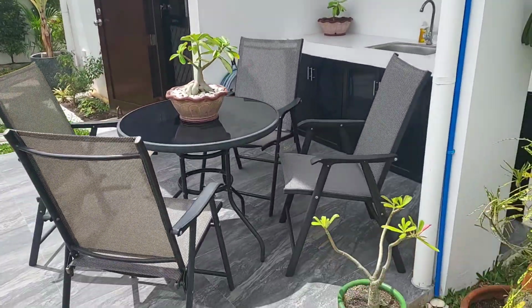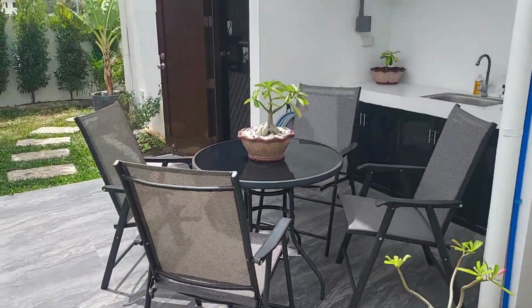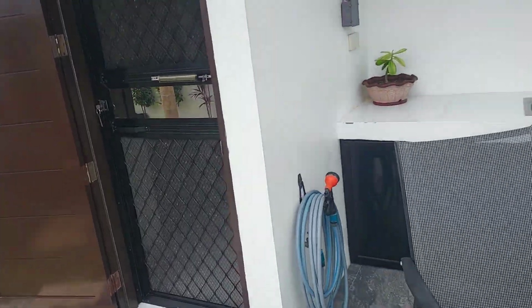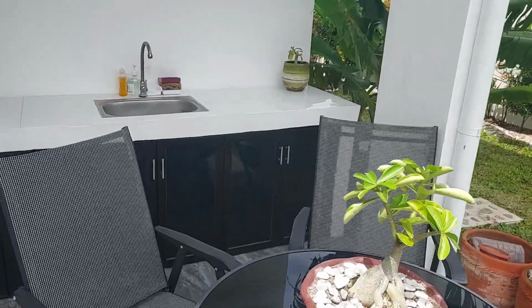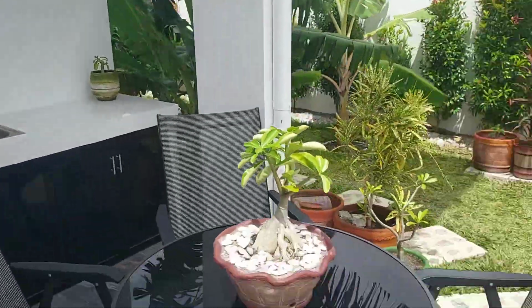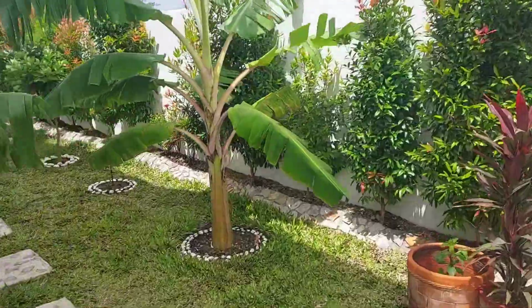This is our patio. This is where we do spend our time when we do spend time outdoors. And we did actually build this cabinet underneath the lanai last year. We had an aluminum company build it. So if we look across the backyard,